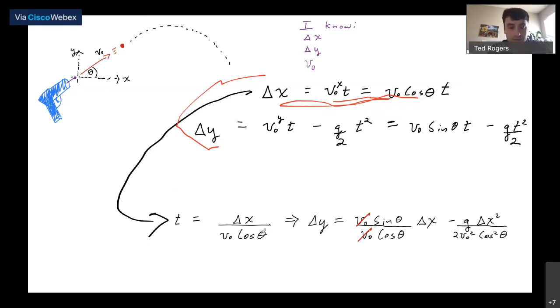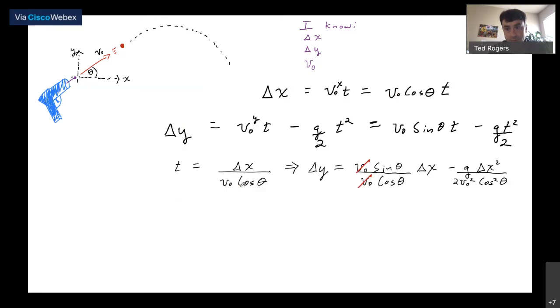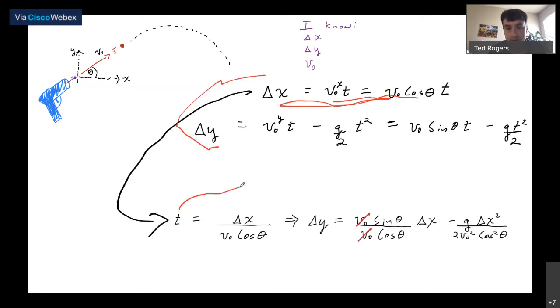So I'll keep that in the equation. And I can put that time back up here, here, and here, and get an equation that involves delta y, delta x, v0, and theta.